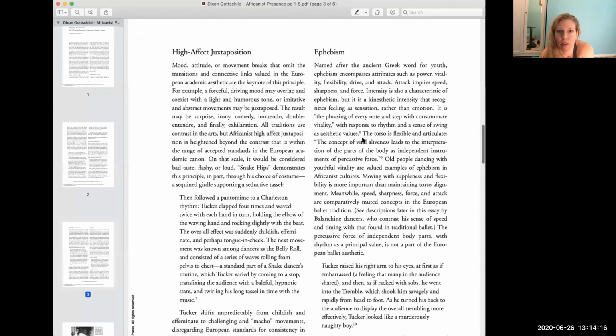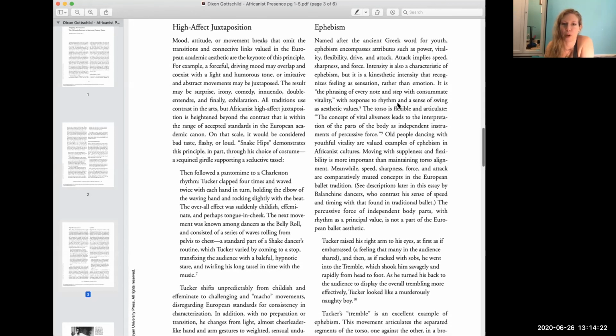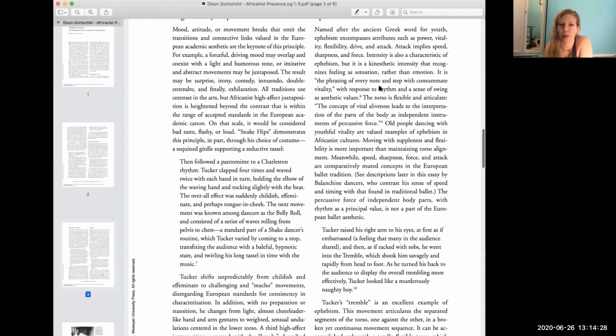Oh, here, let me share screen. So: power, vitality, flexibility, drive, attack, speed, sharpness, force, and intensity. So it's about the body being alive, the body being full of force and athletic energy and vitality, as opposed to